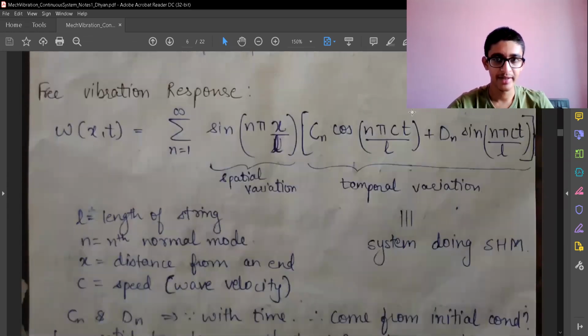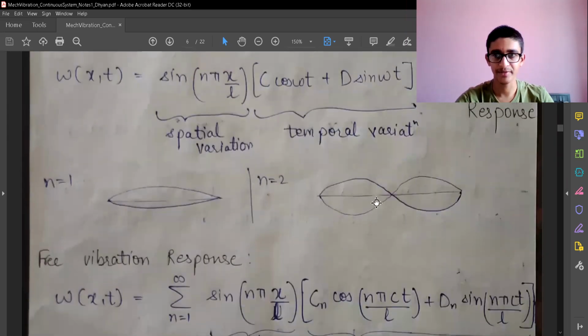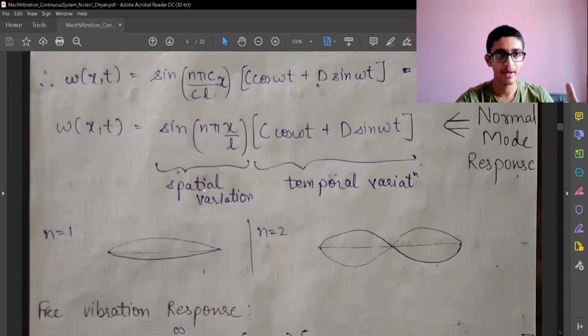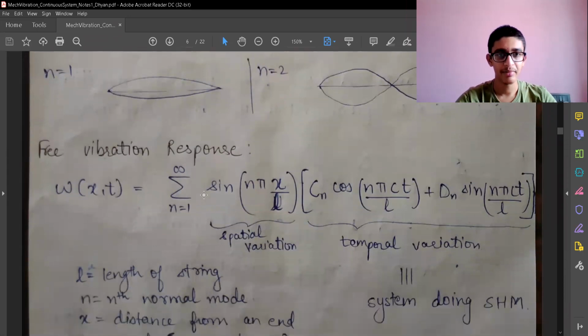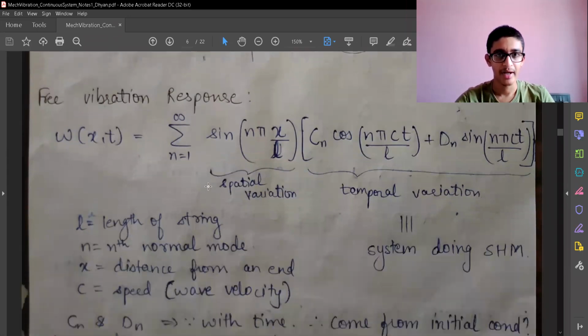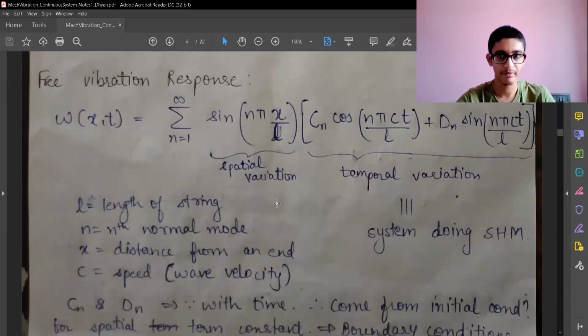And let's look at the final free vibration response. So the free vibration response means it is not vibrating at normal mode shapes, or normal harmonic oscillations are not occurring. Normal mode shapes are not existing. It can be any general type of vibration, and they may not look like this. They have some random ways of vibrating. So in that case, we can have just a summation of all the functions which are possible from n is equal to 1 to infinite. That is just the linear combination of earlier things which we are taking.